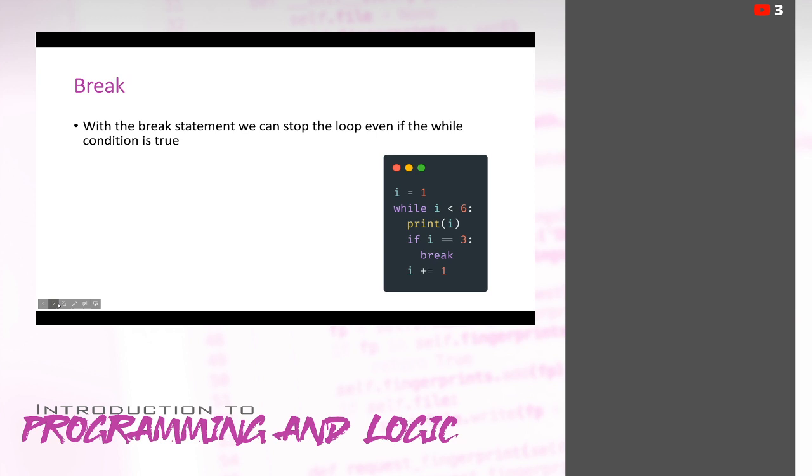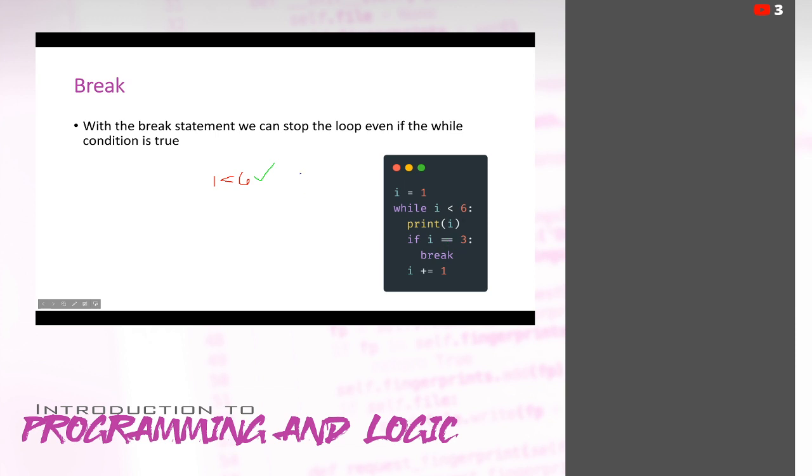So let's talk about what this is going to do really quickly. We've seeded our loop with the value of I equals 1. So we're starting with I being 1. And we're saying 1 is less than 6. That's true. So we're going to evaluate our code that's within our loop.